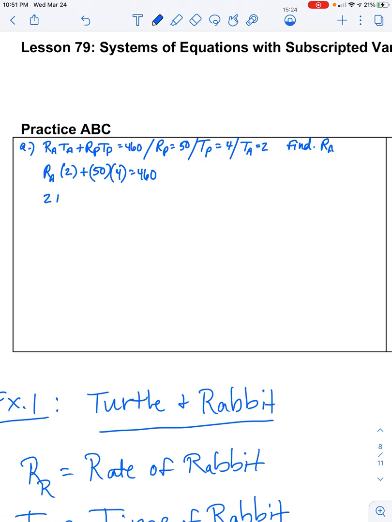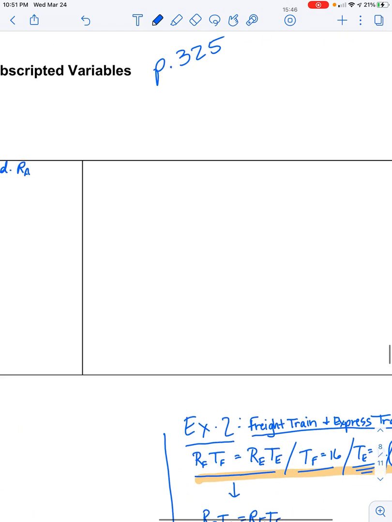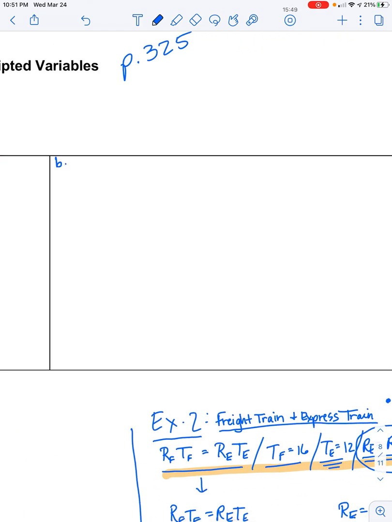So now let's just do the math on this. 2 R sub A plus 200 equals 460. We'll subtract 200 from both sides. Divide by 2. And R sub A is going to equal 130. That's the answer to letter A. Letter B,